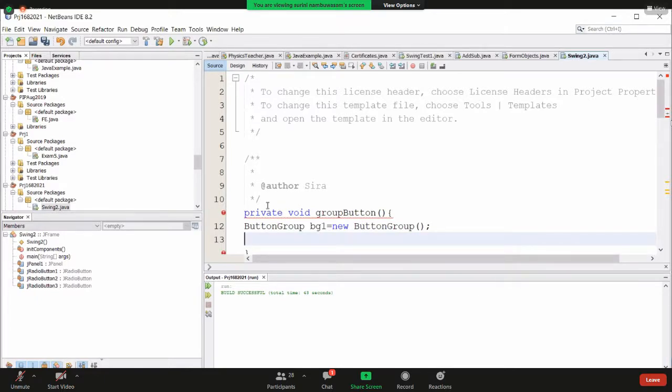We have created an object called bg1 from that class. Then say bg1 dot.